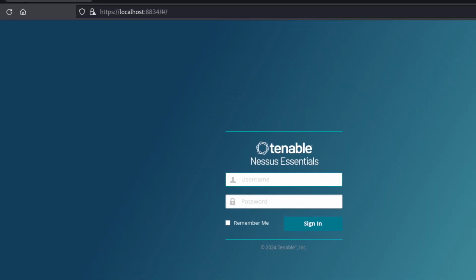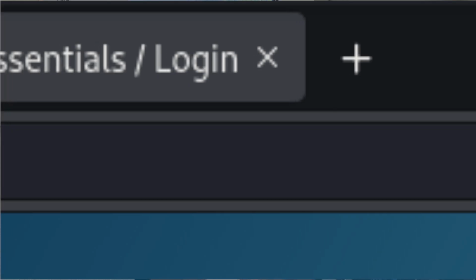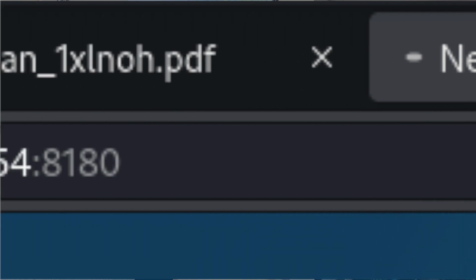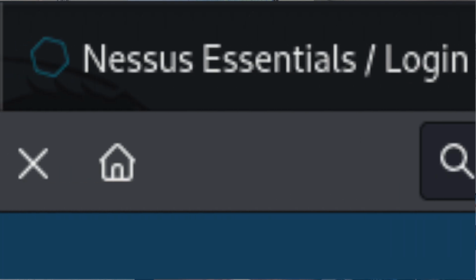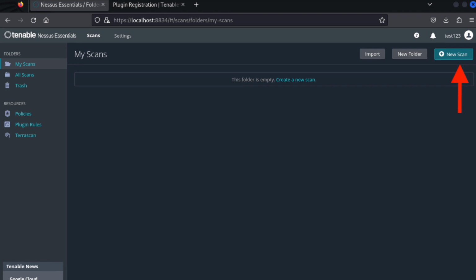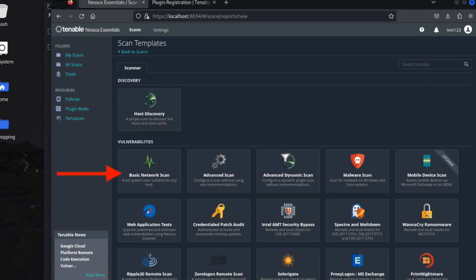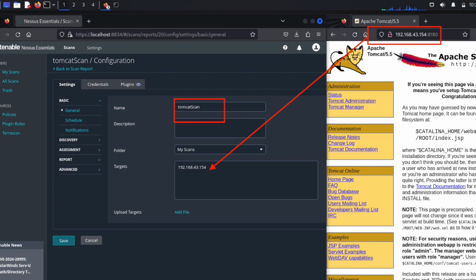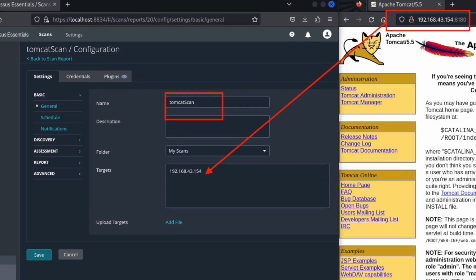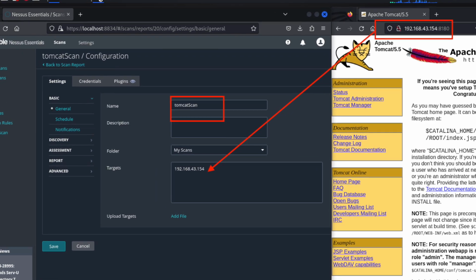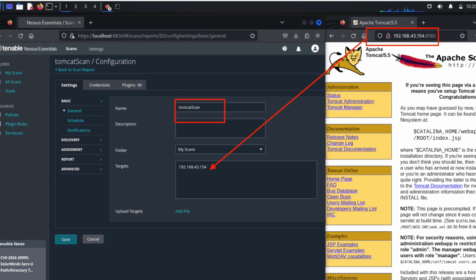1. Open Nessus in your web browser at https://localhost:34. 2. Log in with your credentials. 3. Click on New Scan and select Basic Network Scan. 4. Name your scan, for example, Tomcat Scan. 5. Enter the target IP address,